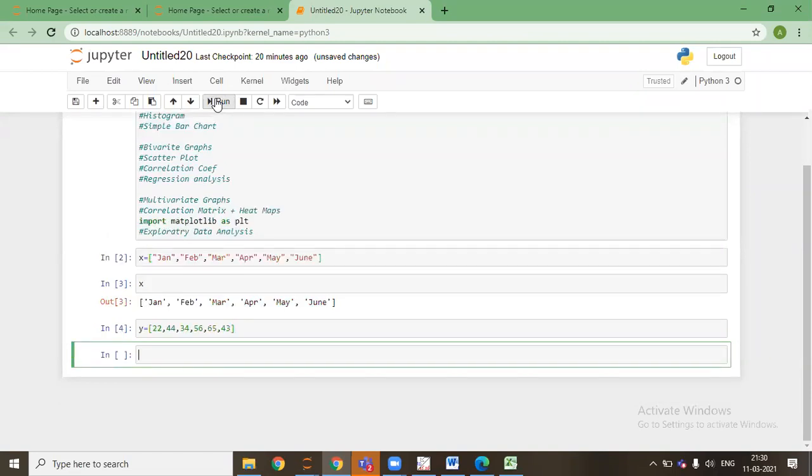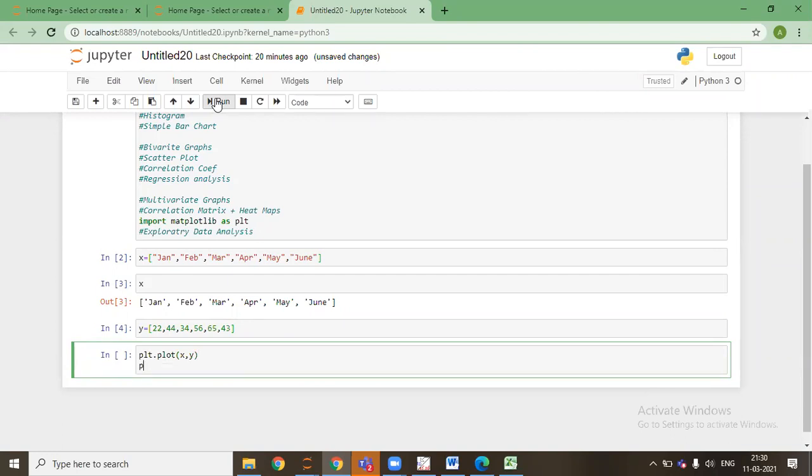If I simply say plt, so plt is the matplotlib library that I've taken, and the alias name is plt, dot plot x comma y. And I'll say plt dot show. So always remember, we need to run this show command whenever we are running any of the plotting commands.